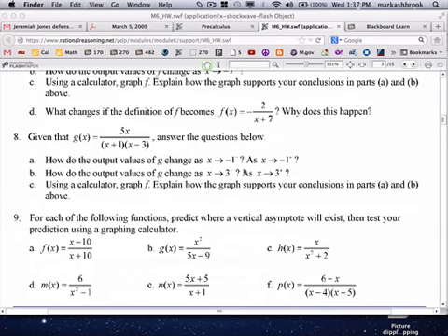So this is just talking about the behavior. So -1. What's important about -1 in this function? What kind of asymptote? That's a vertical asymptote, right? Because it's making a 0 in the denominator. And so we said at -1, if you have a 0 in the denominator, you get an asymptote. So this is saying approach -1 from, can you see that? Yeah, from the left. So this first question is, as x gets closer from the left,